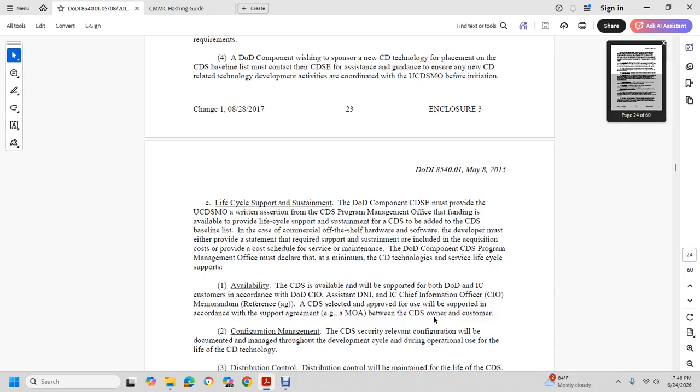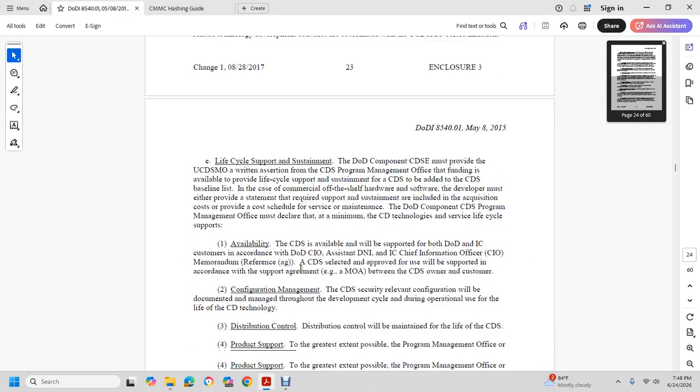the maintenance of the DoD component. The cross-domain solution program management office must declare the minimum cross-domain technology service lifecycle with the support availability, cross-domain available within the support of the DoD information command customer and with the Department of Defense Chief Information Officer, Director of National Intelligence, Chief Information Officer, with a memorandum on cross-domain solutions, with approval of the use of and support of the quantity support agreement between cross-domain